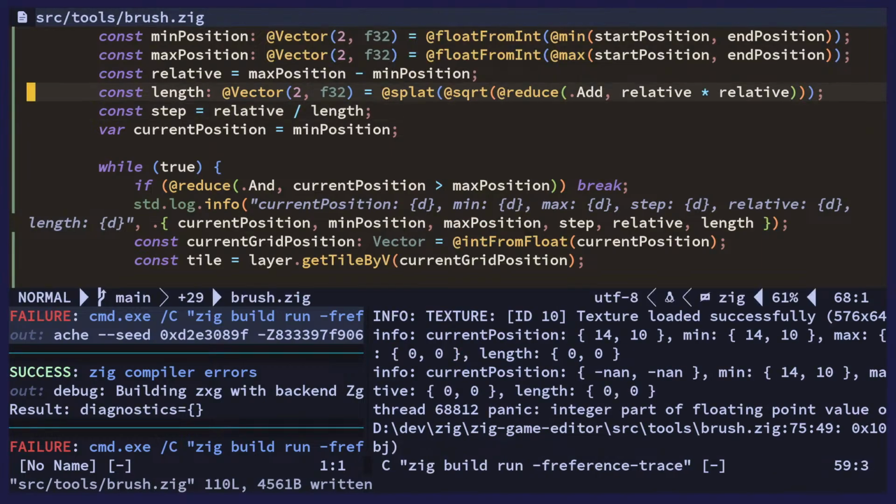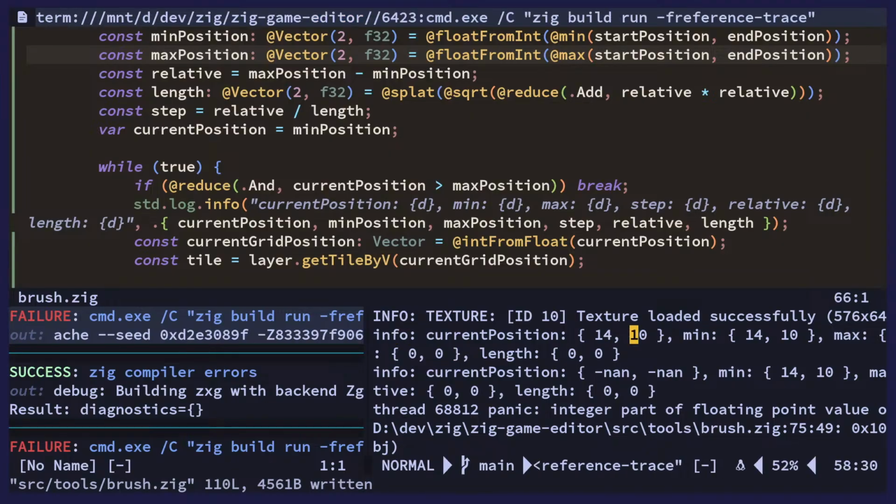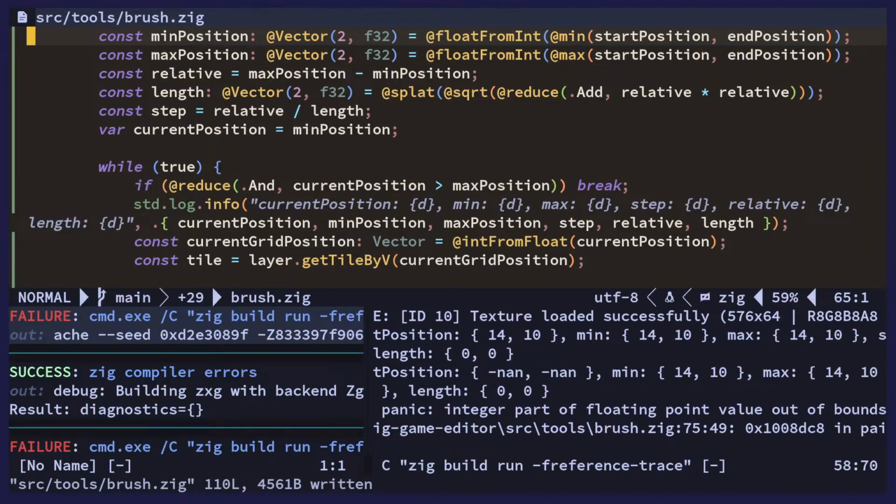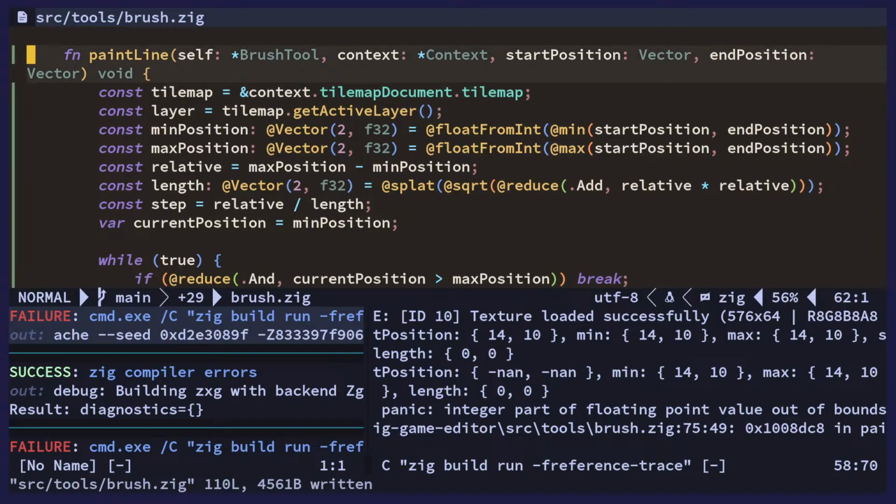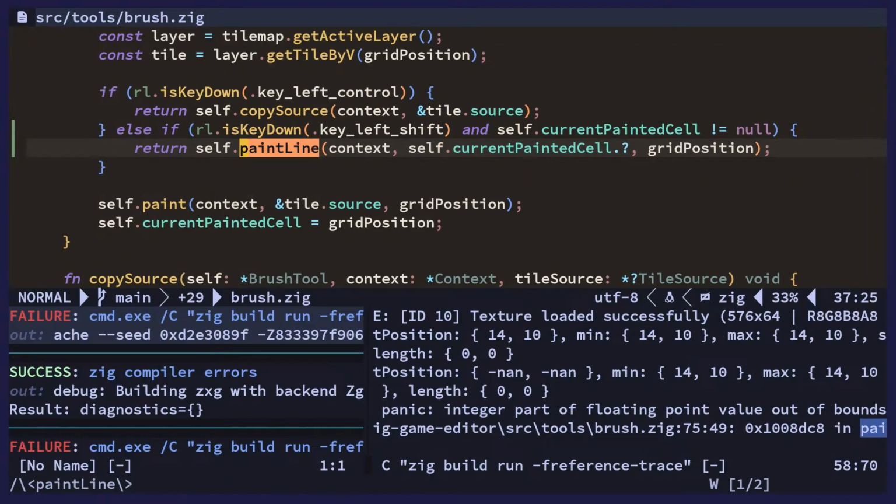We take relative times relative. So max and min is the same. Yeah, I should have spotted that. So min and max, no wait, are they the same? Yeah, they are the same. Okay. So I guess if they are the same,